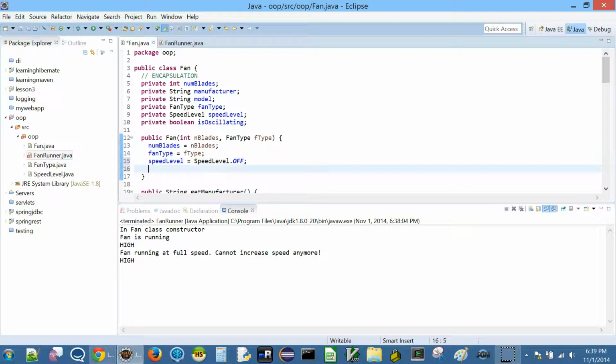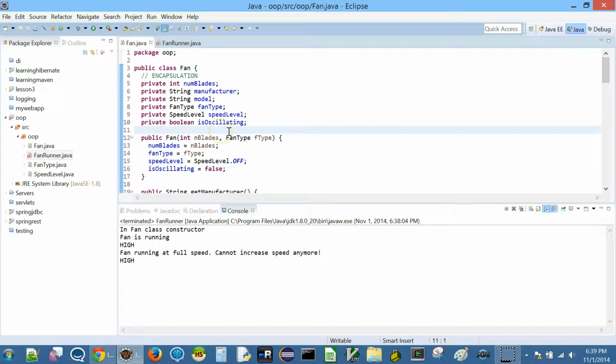And then I could also set isOscillating equal to false. Okay, initially it will be false. Now even if we don't initialize here, by default, since it's a boolean field, it will be false, but to make it explicit is good.